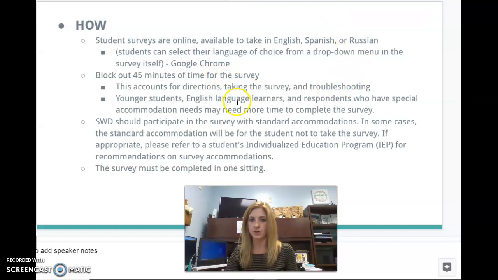So that's with your younger students and your students with accommodations or who have an IEP that need more time. That's why you want to make sure that we're not running right to lunch, or not running right outside or something like that directly after. And again, big thing, one setting. So please don't forget that. Okay, so that was just kind of a basic of it.